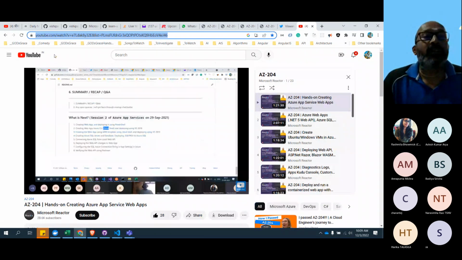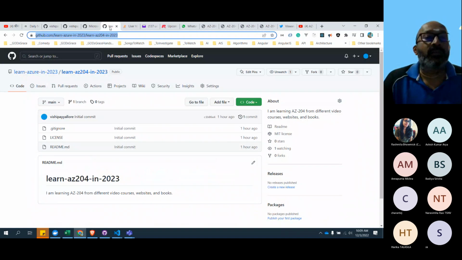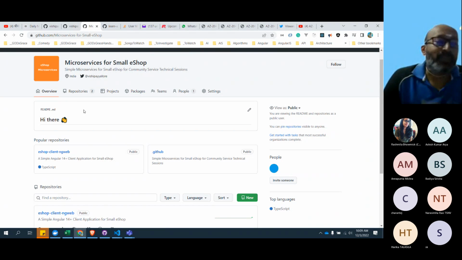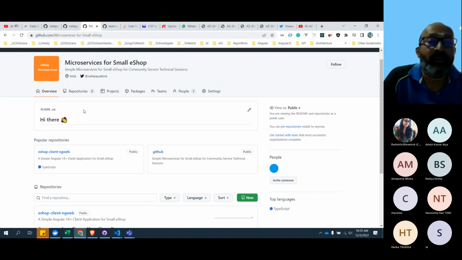And as I was mentioning, in 2023 we have big things: how to architect some small solution. We'll take an e-shop for small kirana stores or something, and we'll develop each microservice to have its own repository, its own build and release pipeline, Azure Kubernetes Service, Terraform.